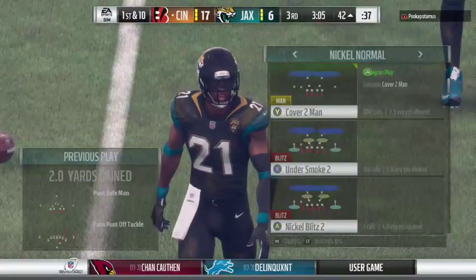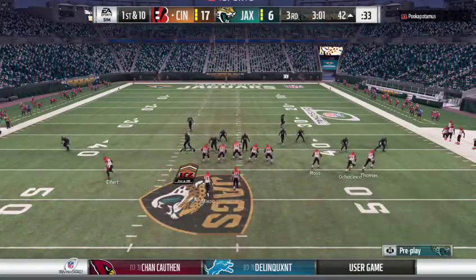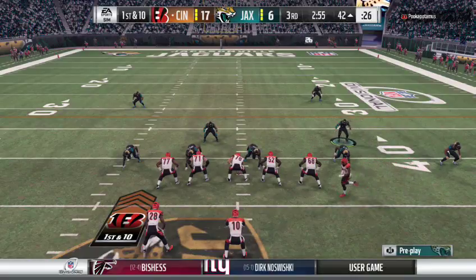Well, kind of interesting for sure. It worked out for them. They only had a yard to go. You know, when you do that fake punt, you're kind of starting back further than you need to when you only have 1 yard. Yeah, and I guess they felt like that was a true full fake because